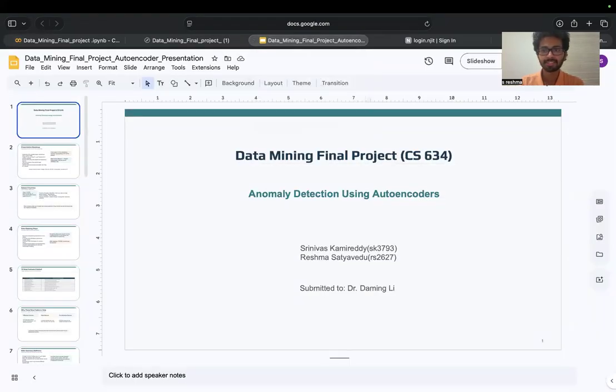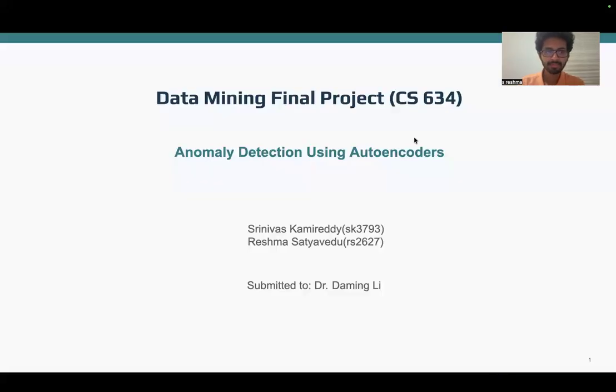Good morning, Professor. Our project is titled Anomaly Detection Using Autoencoders. In this project, we worked with the inpatient hospital charges dataset. The main purpose of this project is to identify hospital records that look unusual compared to the majority of the data. These unusual records may have very high charges, very low payments, or abnormal relationships between charges, payments, Medicare payments,